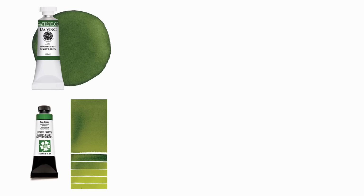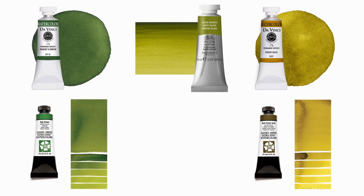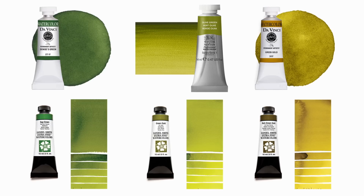We won't be looking at other convenience greens like sap greens and olive greens, or one of my favorite mixers, PY129. I'm also not considering shades like Daniel Smith's Green Gold as part of this study. That is a convenience color made from PG36 and PY3, but it has the addition of a PY50 in it. The nickel azo yellow really brings in some earthiness to the party, which we all know is inside my comfort